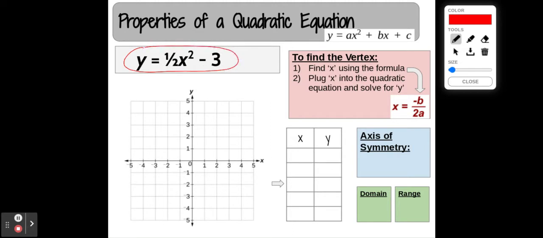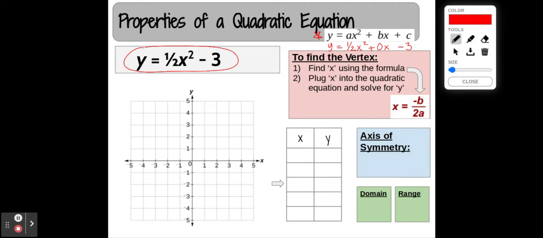And then if we look at the standard form of a quadratic equation compared to what I gave you, you'll see here we have the y equals, I had you write down 1/2 x squared and then minus 3. So you'll see that the b value is missing, and that's because the b value is a 0. Okay? Now, when you're graphing this, you need to come up with a table of values so you have some